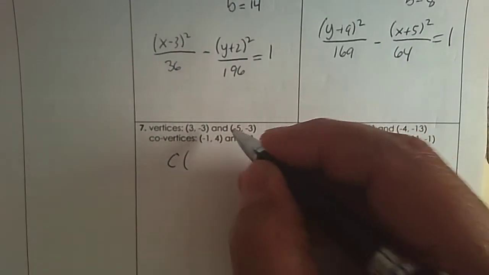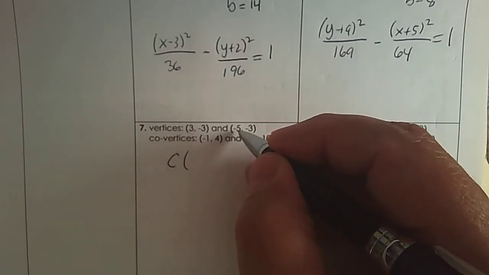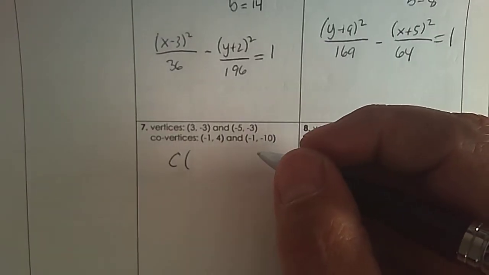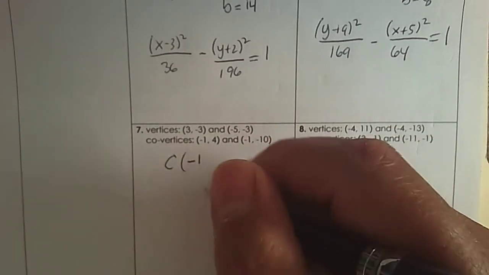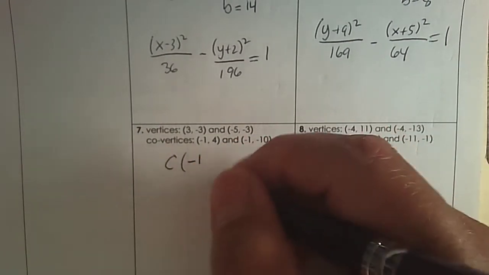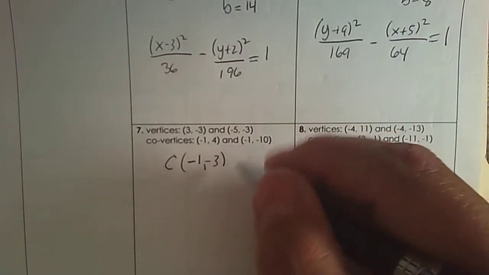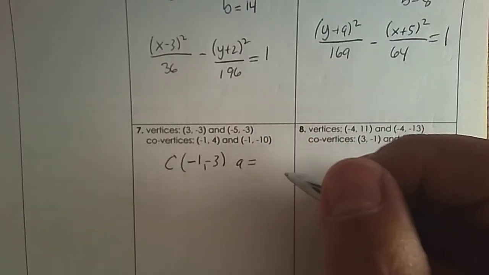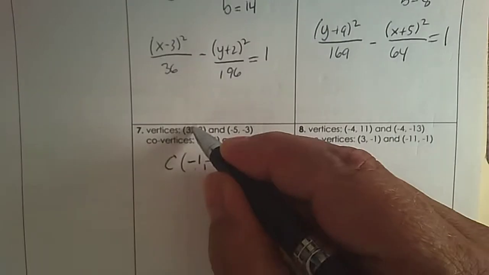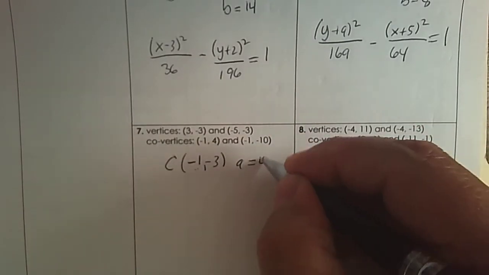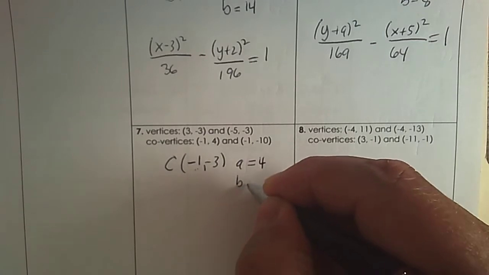The vertices are given, so the center then, 3 and negative 5, that is negative 2, divided by 2 is negative 1. The y's don't change, so that's just negative 3. Those are the vertices, so your a goes with the x. So that x to the x, negative 1 to 3, that distance is 4. Your b,